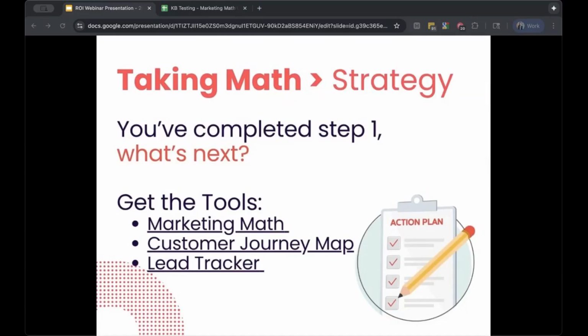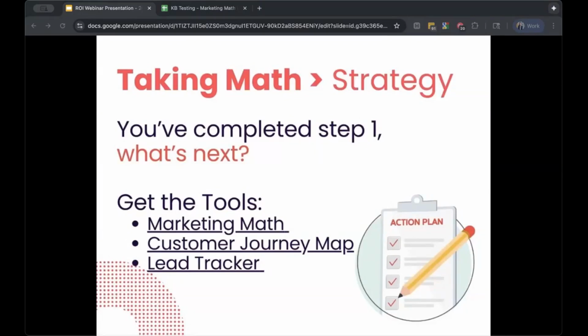You're aligning sales and marketing so you have that cohesion between the two, so they're working together. You're creating a nurturing system, and all of that contributes to proving that ROI over time, which is the harder part, putting all of these things together. So we pulled together a small list of tools to help you get started on your own.